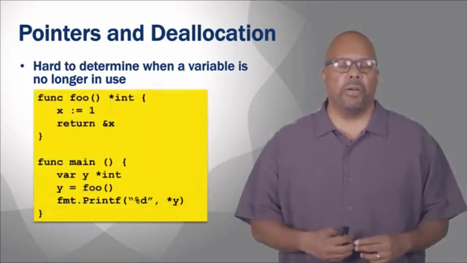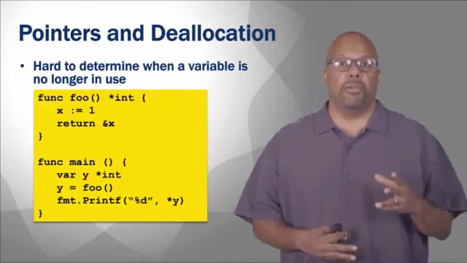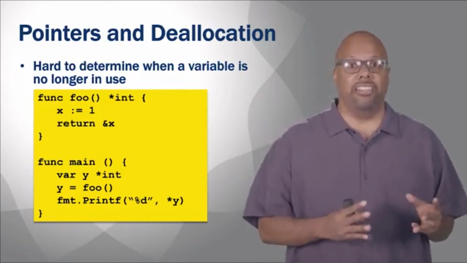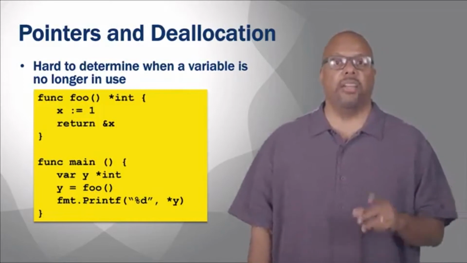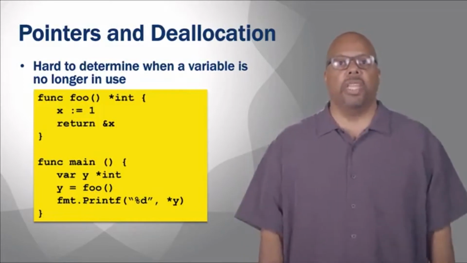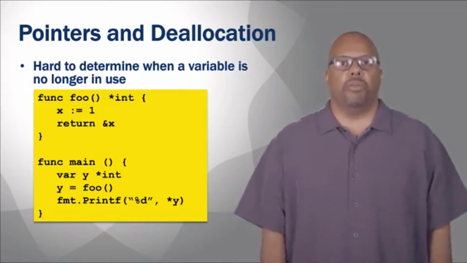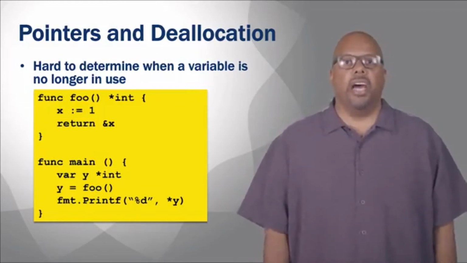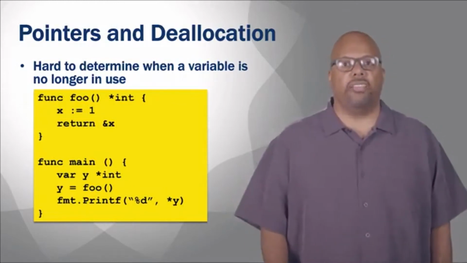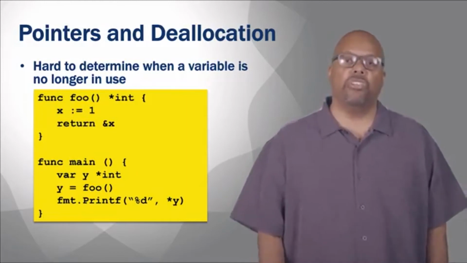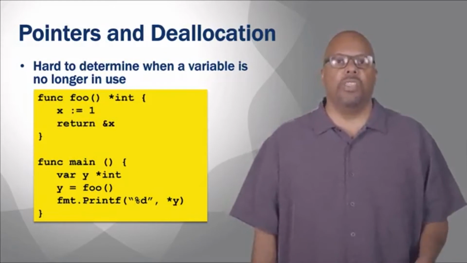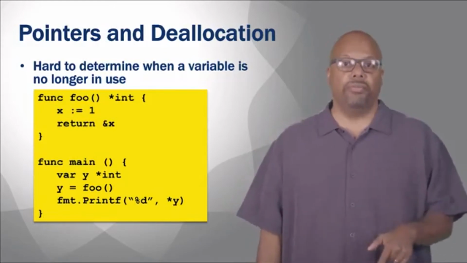So here's an example, a Go example. This is legal in Go, but because this is a pain, this is not legal in certain other languages. But in Go, this is a legal thing. If you look at the first function, foo, inside there we declare this variable x. So it's a local variable to this function foo. And what's returned, though, is the address of x, ampersand x, right? A pointer to x.